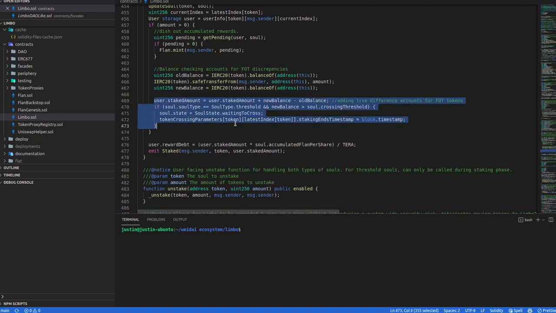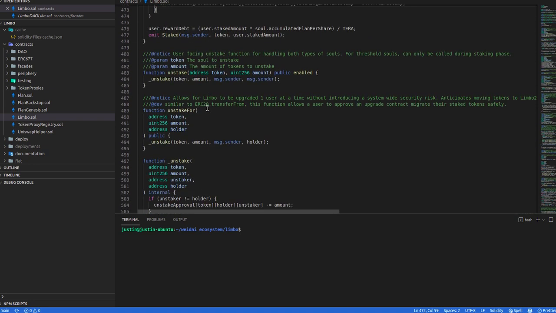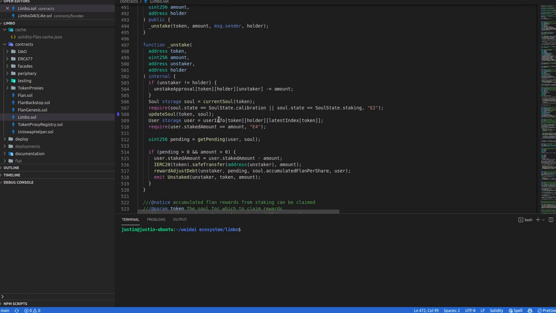There's a chunk down here that determines if we've staked enough, if it's a threshold sol, have we crossed the threshold? If so, we need to change the state of the sol and give a timestamp for when the staking state ended, and then we can perform all of those calculations. The rest of the stuff, again, it's very MasterChef forked. And then unstake, very, very similar. It's the mirror image of that, except that there's a little bit of different logic over when you can and can't unstake.